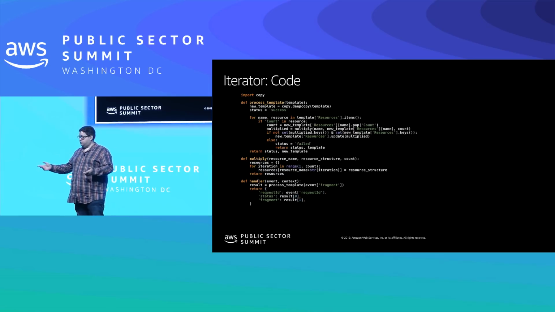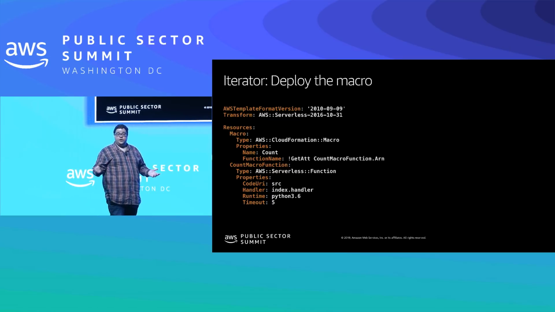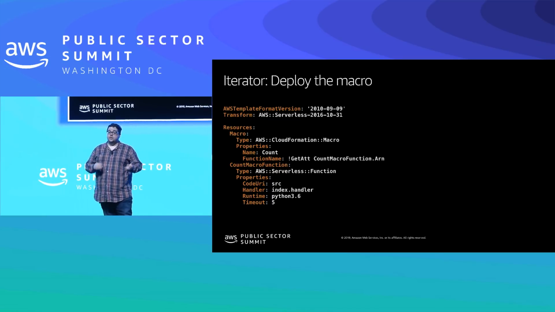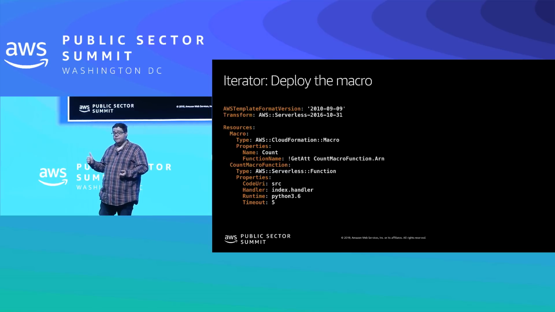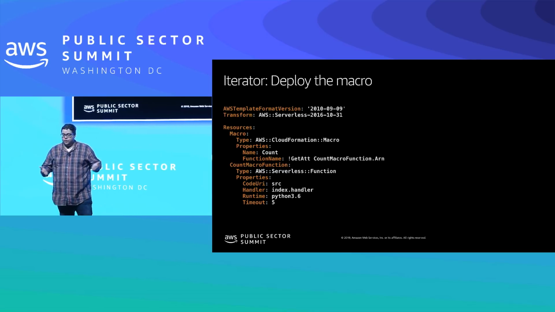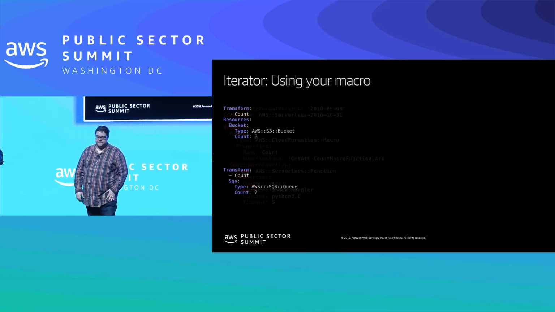If you jump to the next slide, we can actually say, hey, I want to deploy this iterator in a serverless function, because it's just a Lambda function. That's all it is. It's really simple. Just a Lambda function, deploy it with serverless. And a small little tidbit here, I don't know if you guys can see this up at the top. It's a transform. A transform is really just a macro. We kind of just hid it away, right? So serverless is just a macro. That's how we use it. Yep. Go ahead to the next one.